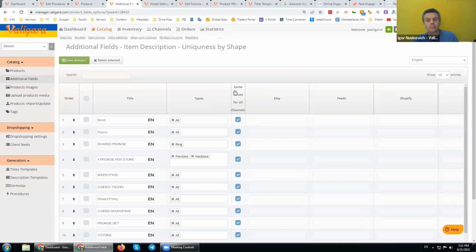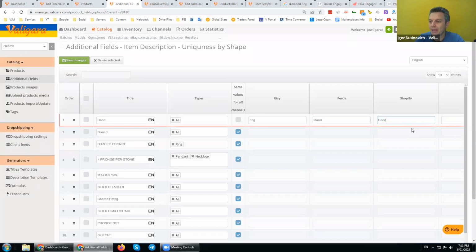Now, another thing, and we know that many people miss this, is this checkbox, same value for all channels. Valigara is a multi-channel system, and I can define for each channel that Valigara will automatically translate the word band into ring when it goes to Etsy. When it goes to my feeds model, it will take the band. When it goes into Shopify, I want it to take the band, but with a small letter.